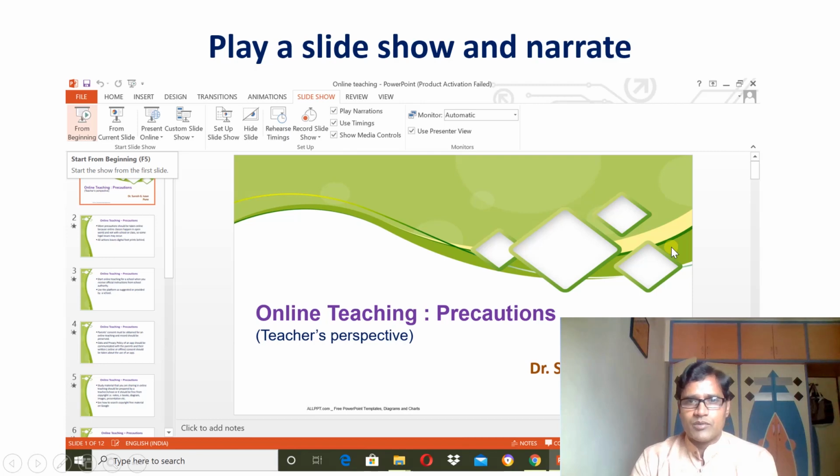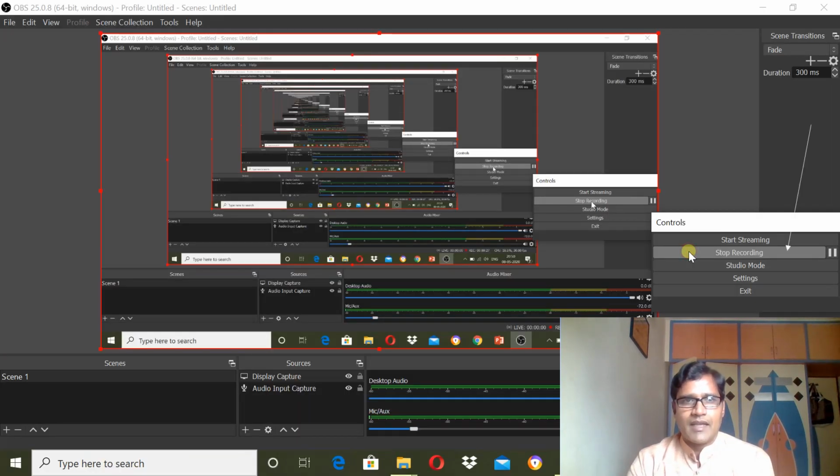Do this in the same way that you do regularly with a PowerPoint presentation: next slide and explanation, next slide and explanation. Once all is done, just minimize it, and the OBS window will open again, and then click stop recording. So the recording will be stopped.